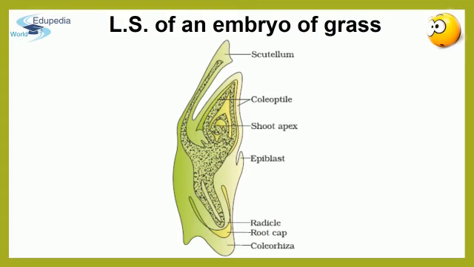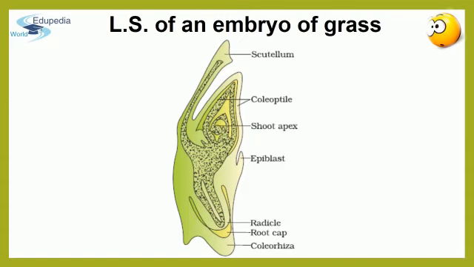After discussing the structure of a typical dicot embryo, let's move on to the structure of a monocot embryo. Unlike dicot embryos, monocot embryos contain only one cotyledon. In the grass family, the cotyledon is called scutellum and is located laterally to the embryonal axis. At its lower end, the embryonal axis has the radicle and root cap enclosed in an undifferentiated sheath called coleorhiza.